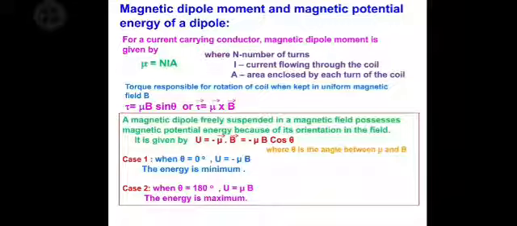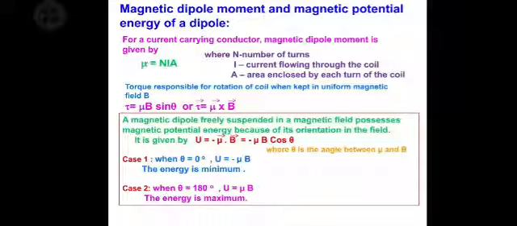We don't have a derivation of this, so you have to just remember the equation. Here theta is the angle between mu and B. This we have taken directly by using the analogy between electric field and magnetic field. So in electric field, the electric potential energy is given by minus P dot E. So by using the same analogy, we have written here U = minus mu dot B.